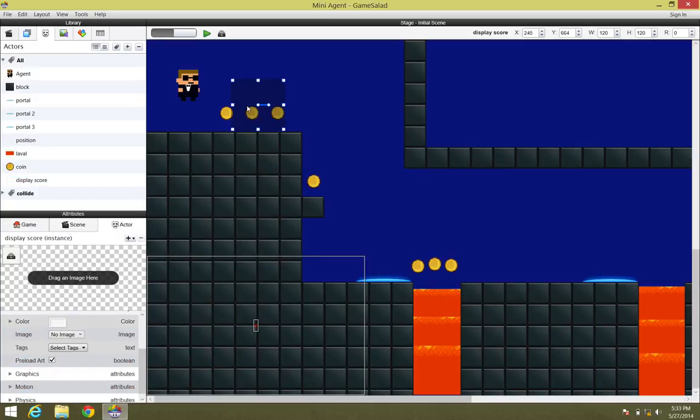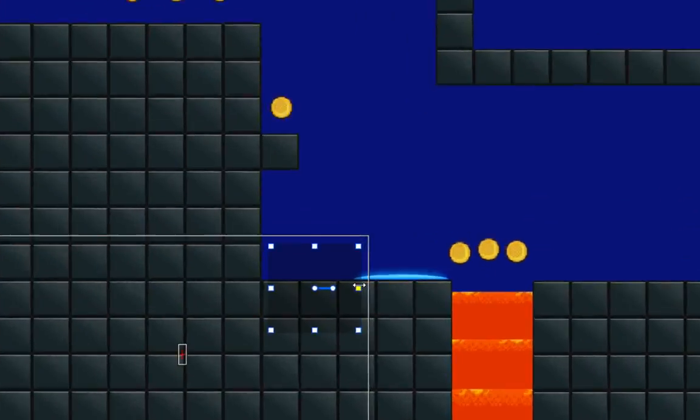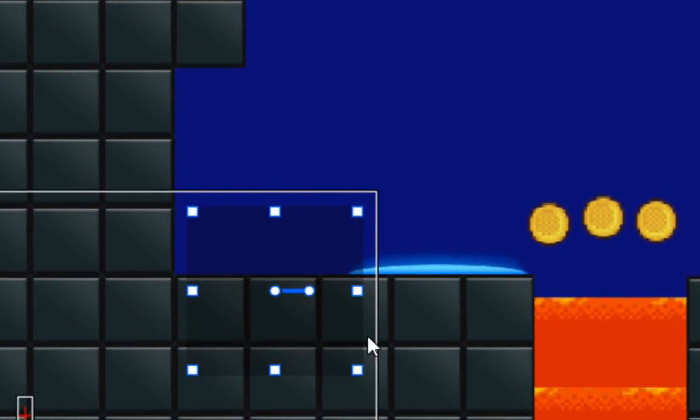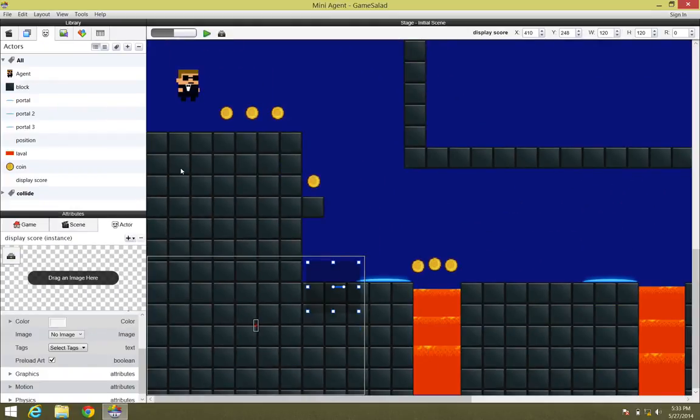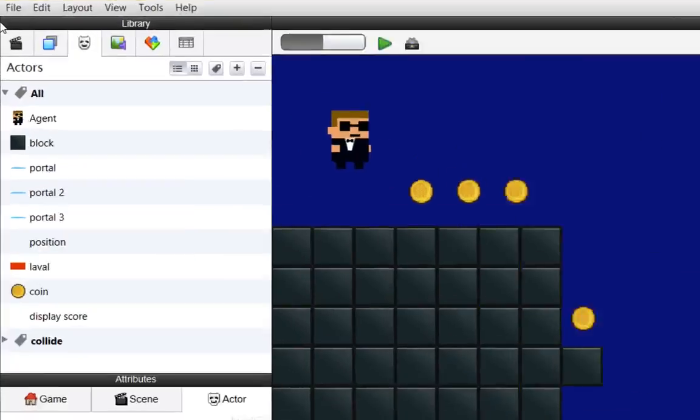Now I'm going to try and find that display score actor, and what I want to do is place it in this area right there, just in the top right corner of my camera. And you can see the camera area is this white box that we see right here. So now all I'm going to do is go into my Layers tab, which is right here,